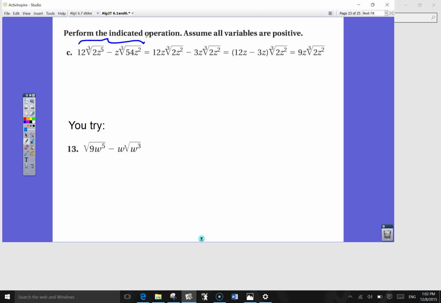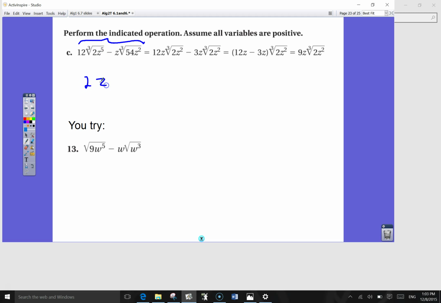Now, this is like the problem we did before. They don't look like like radicals, but they can be. You can see both of them can be simplified somewhat. I can see that this z to the fifth under the radical, some of that's going to simplify because the index is less than 5. And I think we've already dealt with 54 having a factor which is a perfect cube. So that's what we're going to do. In fact, I'm going to simplify it because honestly, they've kind of skipped some steps here. I can't simplify the 2, but I could split the z to the fifth into z to the third